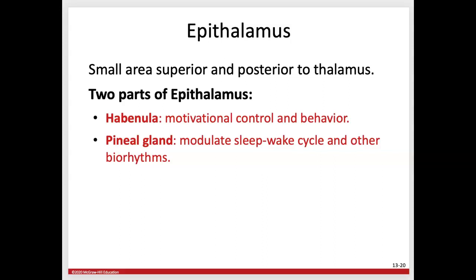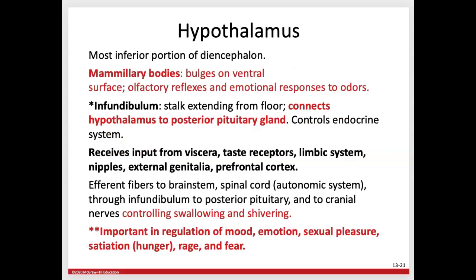Epithalamus, if you know anything about the epithalamus other than being part of the diencephalon, make sure that you know that the pineal gland is part of the epithalamus, and the pineal gland is associated with the sleep-wake cycle and other biorhythms. The hypothalamus